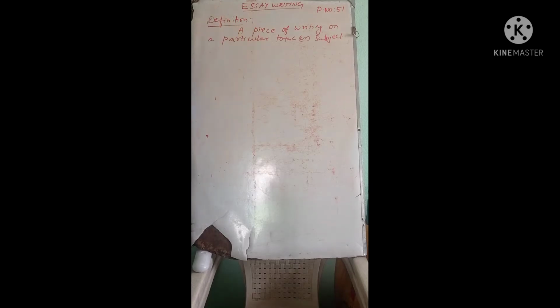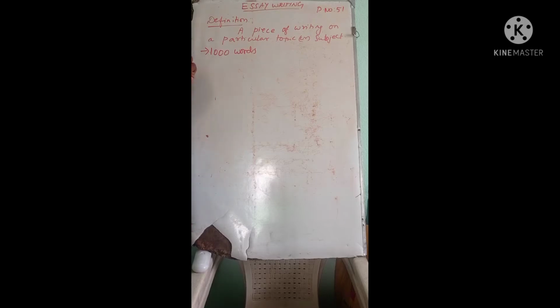Clear? See, the difference between an article and an essay. While you are writing an article, you can follow a maximum of 200 words, or for a page you can write. But for an essay, it goes nearly 1000 words. How many words? 1000 words an essay should have.